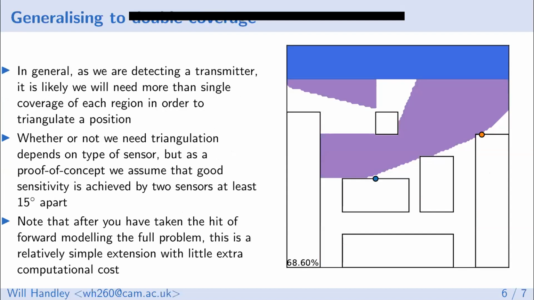Whereas if, for example, you had transmitters that had some element of timing information, that would mean you'd have two sensors measuring, which would give you a lot more information. So as a proxy, as a proof of concept, we basically worked on the model where you make a detection of a transmitter if two sensors detect it. So these would be sensors with some kind of direction or timing information that might give you enough information to pinpoint where it is.